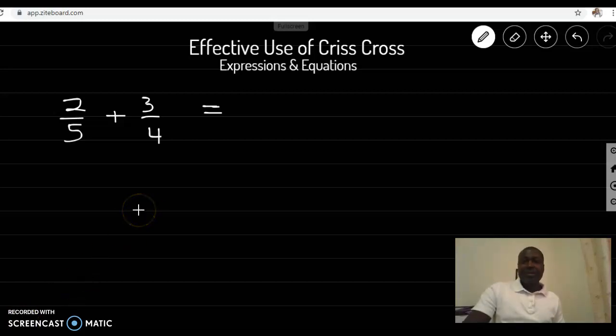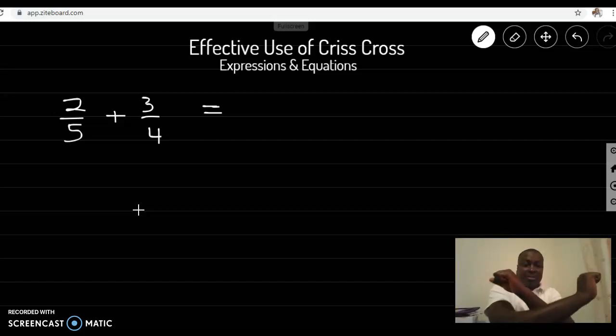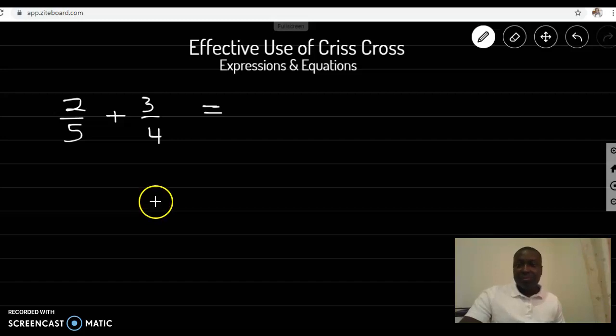Hello guys, today we're going to look at how you can use a Criss Cross method to solve expressions and equations. It's such a powerful way that you can use it to solve fractions and fractional equations. So if you have, say, 2/5 plus 3/4 and you want to add it, you can use a Criss Cross